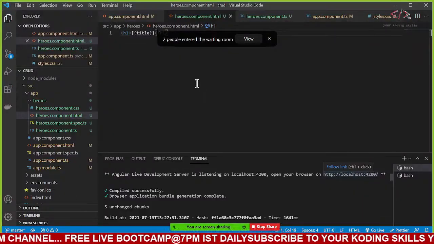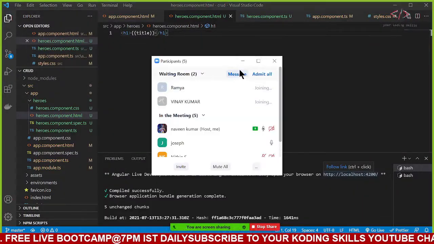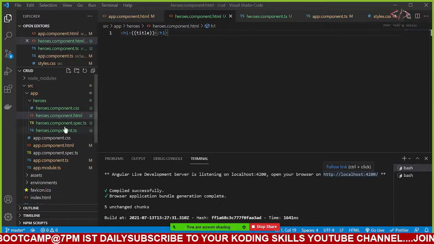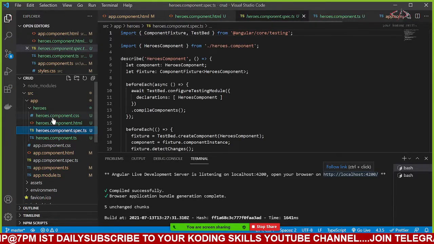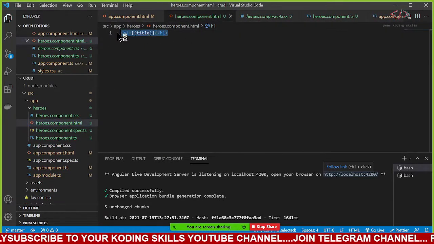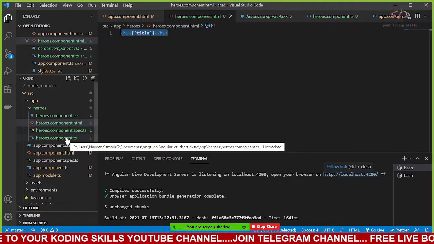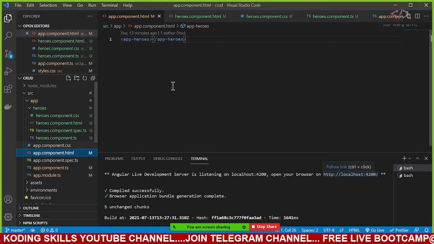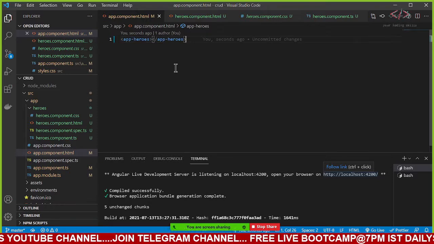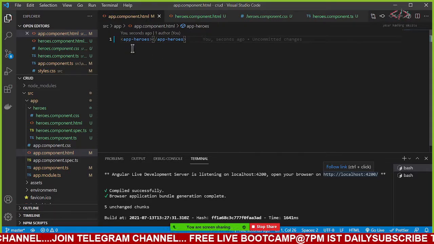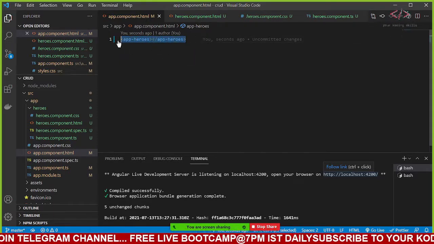Let me go to my component here. As I told you, if I want this to be displayed in your app component.html, you have to go to app component.html and add this particular selector. By adding this selector, whatever is in it will be displayed.